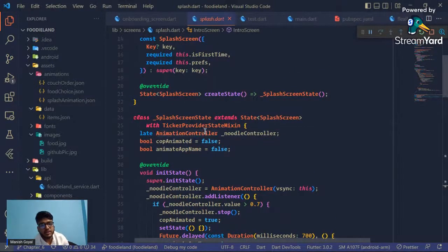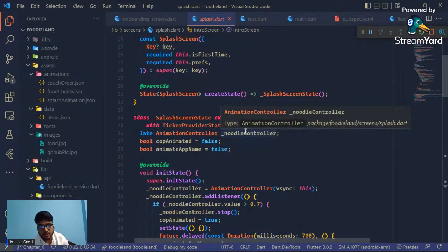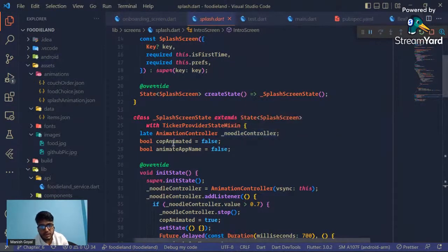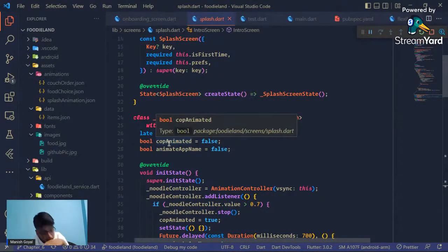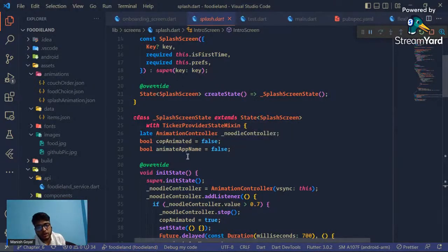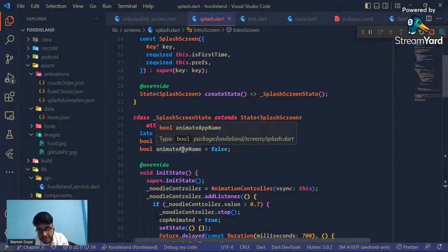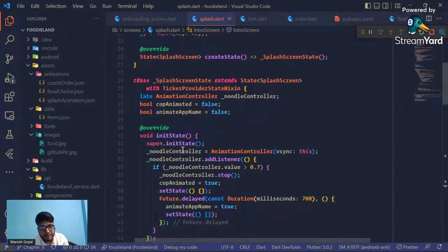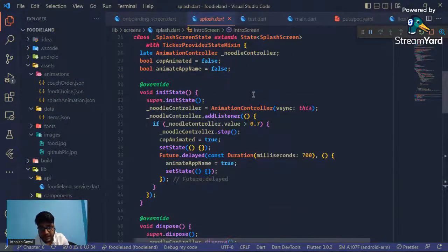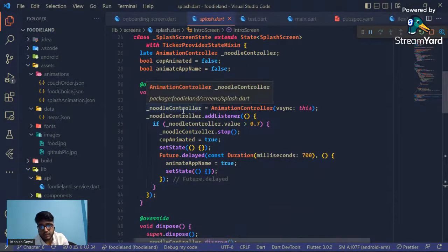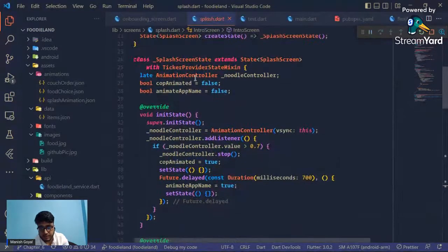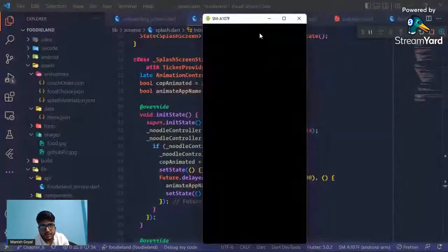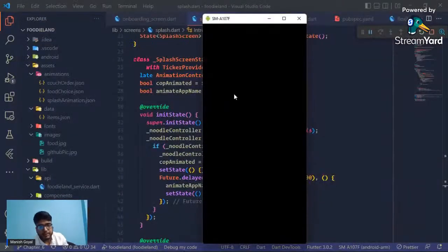First, the late animation controller, to get the animation controls. Then a bool to check if the cup is animated or not. Now we are gonna animate the app name. Animating the app name is done by animated text, and it's set to false, because when we first initialize it, we are gonna take the animation controller and set our animation controller